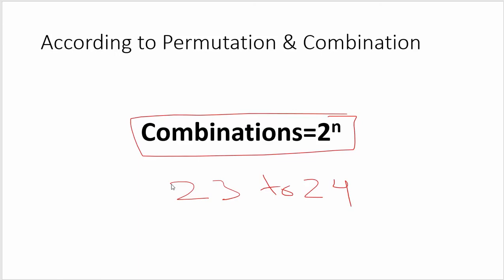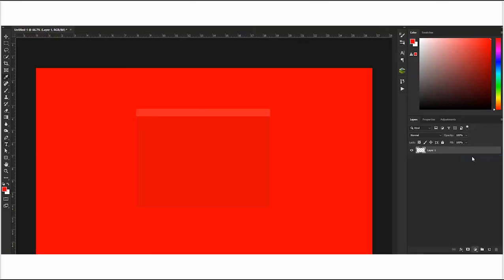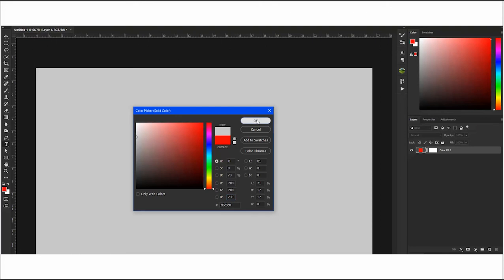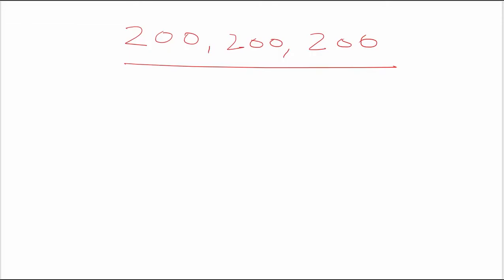Suppose we open Photoshop and we create a solid having a value of, let's say, 200, 200 and 200. This is just an example, you can take any other value. I'm just taking this value for explanation. If we create a solid of this value, the computer will understand and convert this value into a binary system.